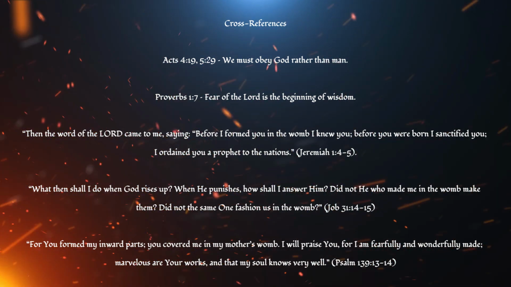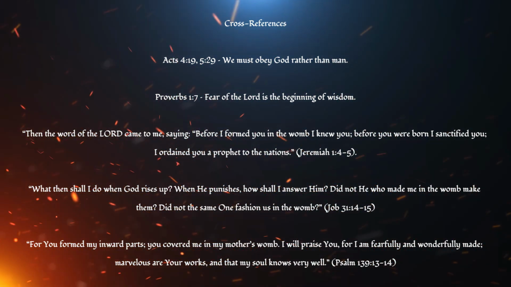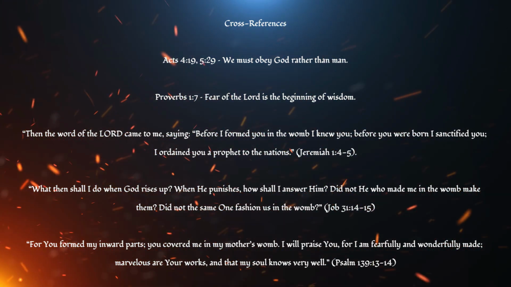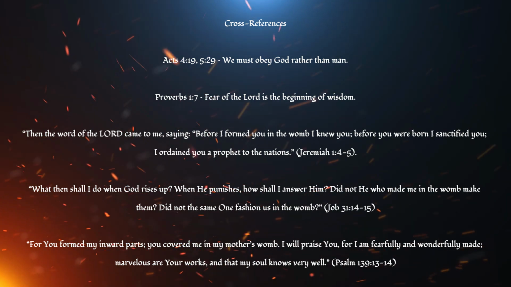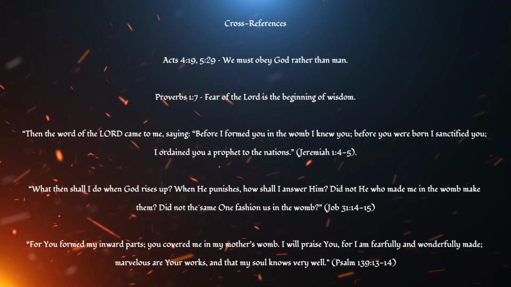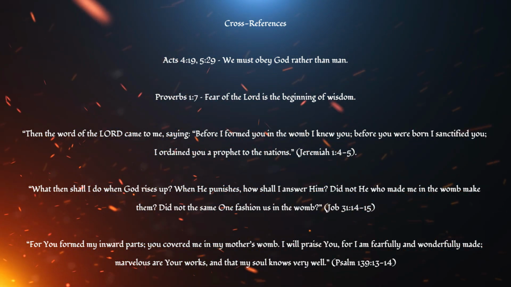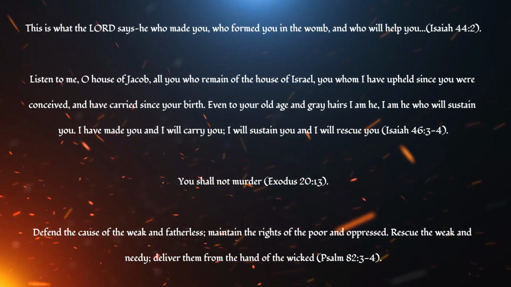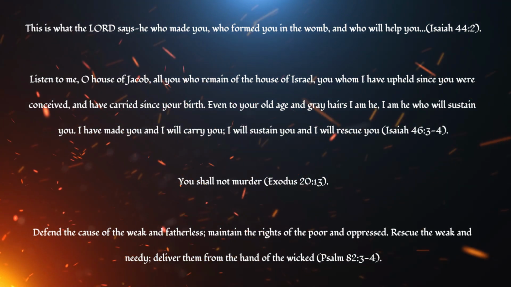Job 31:14-15. For you formed my inward parts. You covered me in my mother's womb. I will praise you, for I am fearfully and wonderfully made. Marvelous are your works, and that my soul knows very well. Psalm 139:13-14. This is what the Lord says, He who made you, who formed you in the womb, and who will